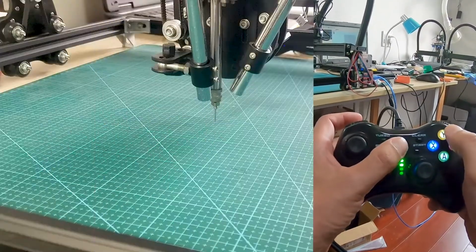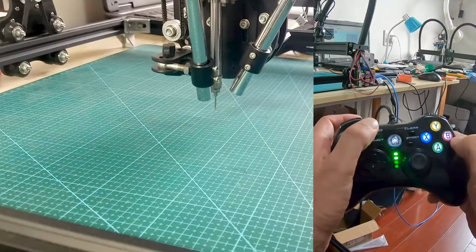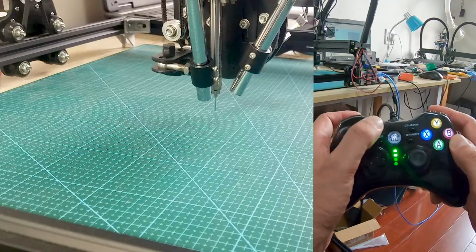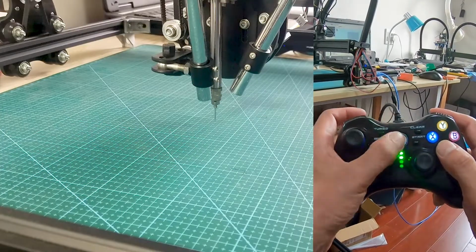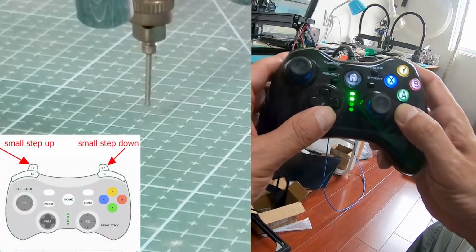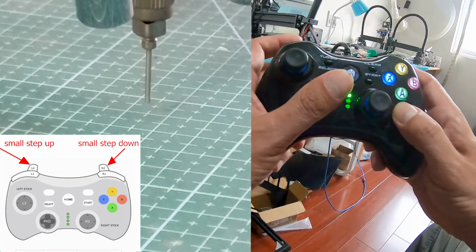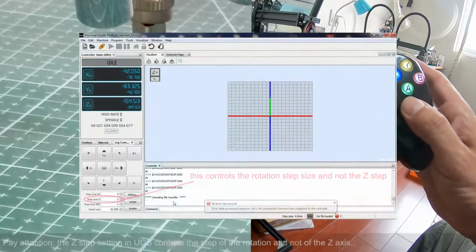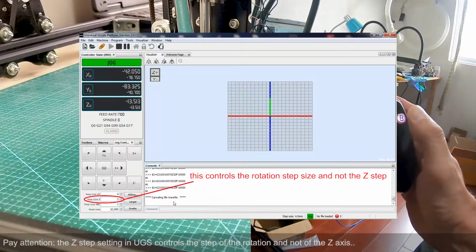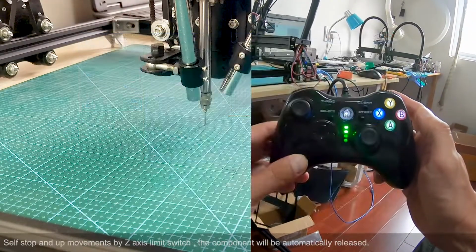You move the Z-axis with the buttons Y and A, and you stop the movements with the home button. To move up or down by small controlled steps, use the left and right triggers. Pay attention, the Z step setting in UGS controls the step of the rotation, and not the step size of